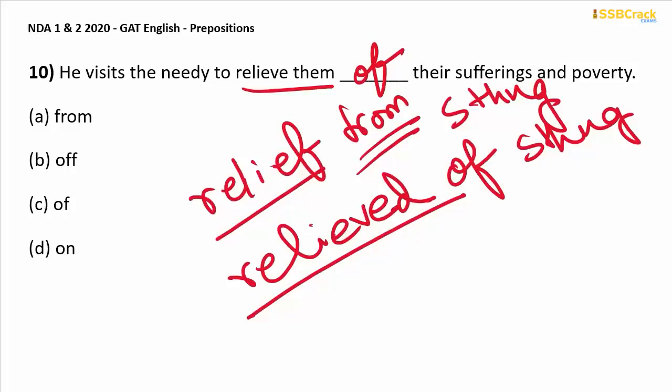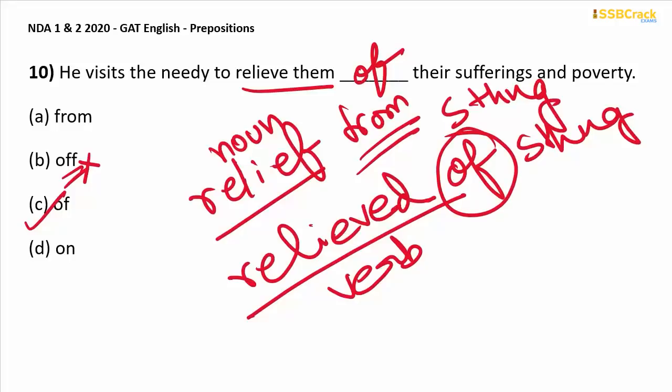Now remember, it shouldn't be off of, because as I've already told you, off of is an adverb. Off of is not used as an appropriate preposition in a sentence. So it is incorrect to use off of. It should always be of. So again, relief is a noun and relieve is a verb. This you need to remember very carefully. So you get relief from something, but you are given relief or you are relieved of something. So of is the appropriate preposition to use after relieve, relieve with a V. Okay, this you have to remember.